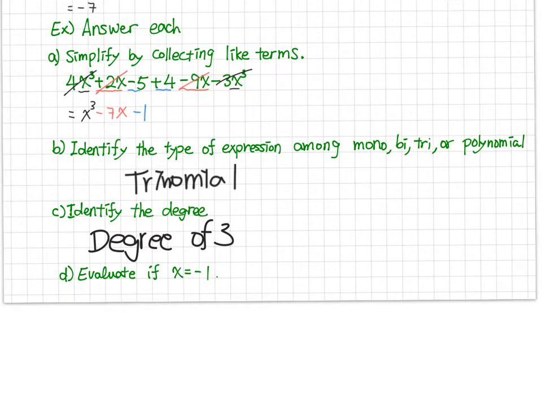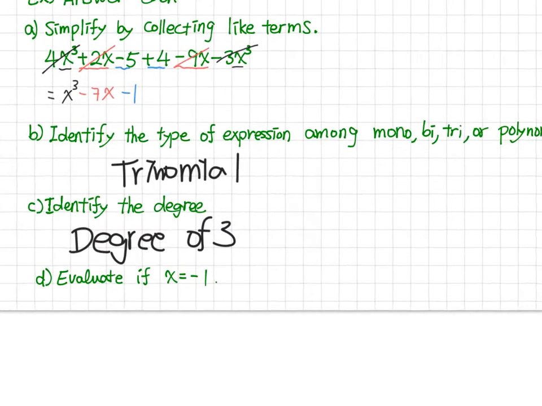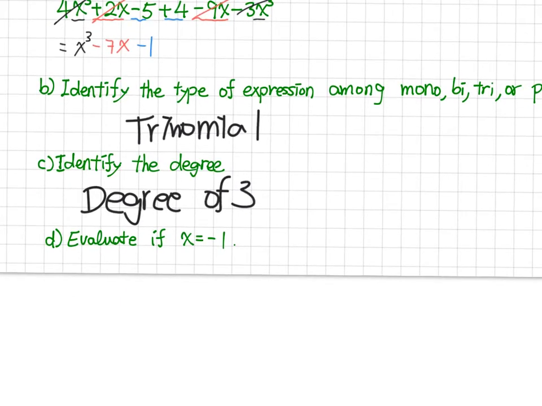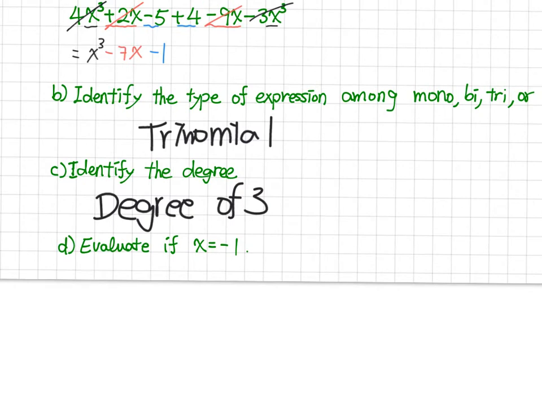Now, last one, it says evaluate if x equals negative 1. So this is where you substitute the value. So then we have, I'm just going to copy the equation again. x cubed minus 7x minus 1. So we're substituting negative 1, x equals negative 1, into the x's. So this becomes